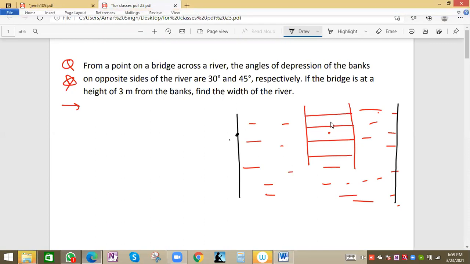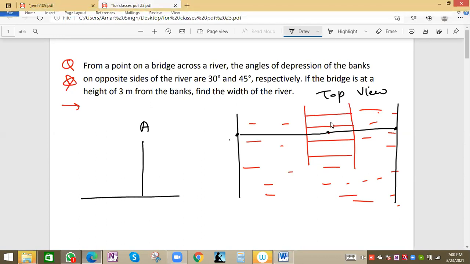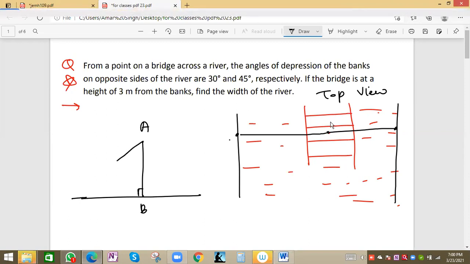If we look straight, not in 3D, we'll get a straight line only. Actually, this is the top view. But in actuality, we have a diagram like this. This is one point A on the bridge, and this is the height of the bridge. Let this angle be 90 degrees. On the left-hand side, this edge is far away from the base of the bridge. The base of the bridge is point B, so this is far, so the angle will be less. What is the lesser angle? 30 degrees.